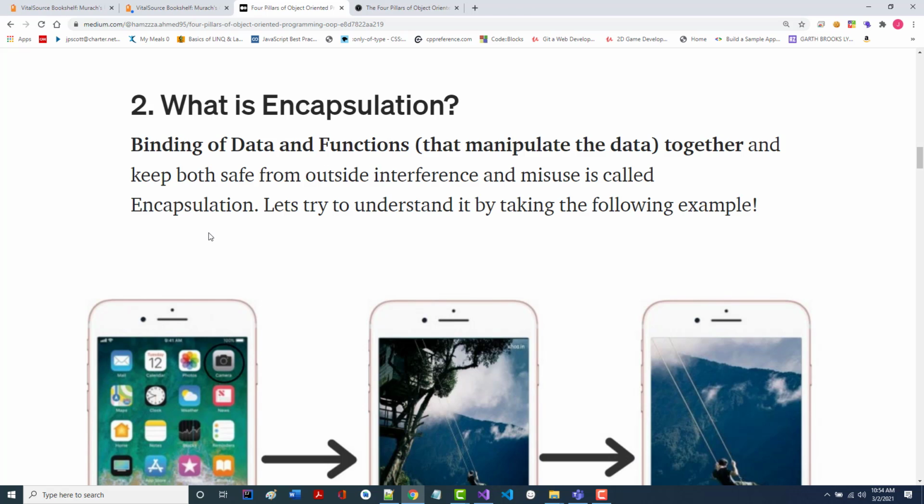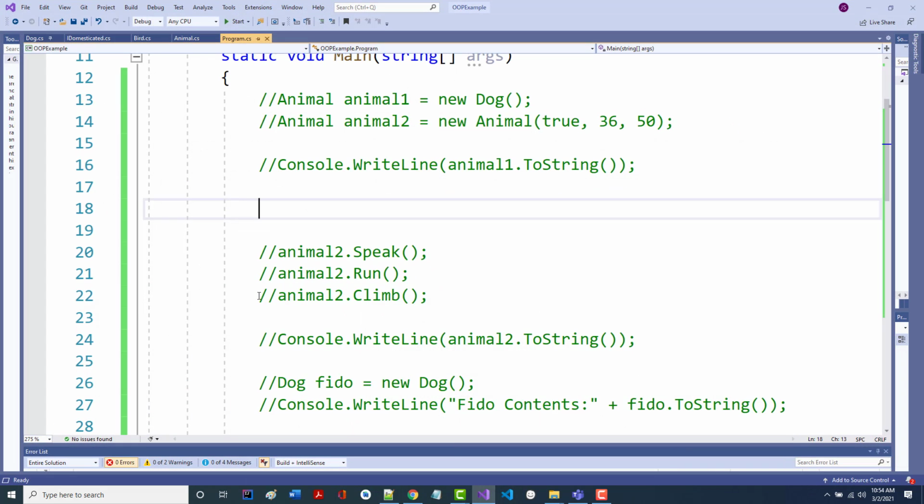So encapsulation is the binding of data and functions together to keep them safe from outside interference. What does that mean? Well, if you remember yesterday when I said if I could define object-oriented programming in a nutshell, it's using private variables and manipulating them with public methods. All right, well, if we go back here and we look at our code,